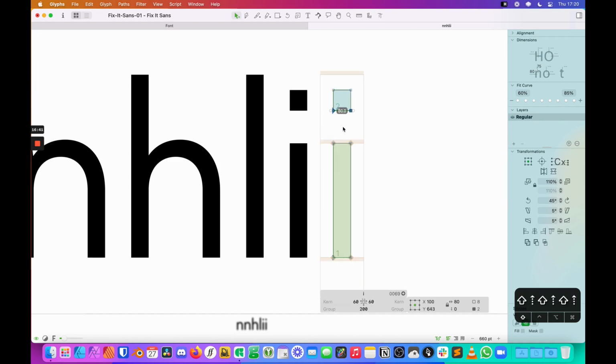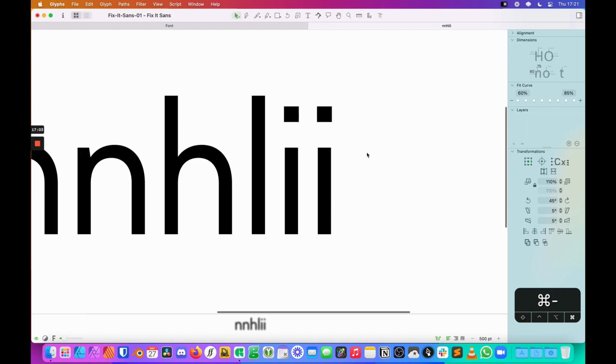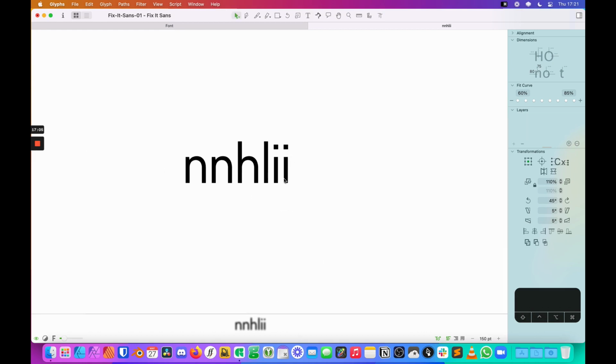Another thing that I've seen fonts do, just making sure that I think I have this, yep, 80 by 80. Another thing that I've seen fonts do as well, if you're not keen on making it longer like that, almost like a line, is you may go through and, even though it's a square, add a little bit of effectively overshoot to it, just so that it feels the same weight as the I. Because the thing with a dot is sometimes you lose track of that a little bit.